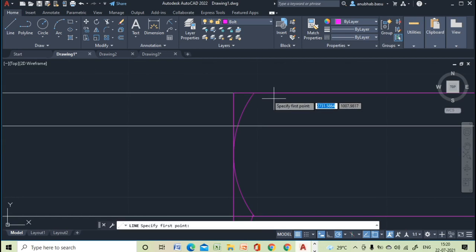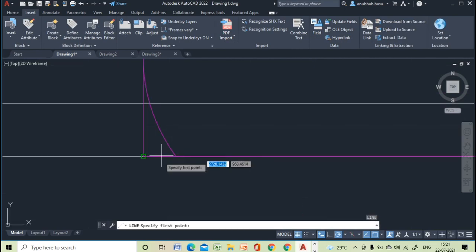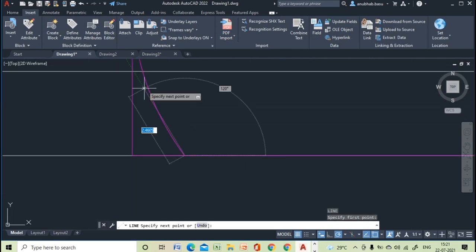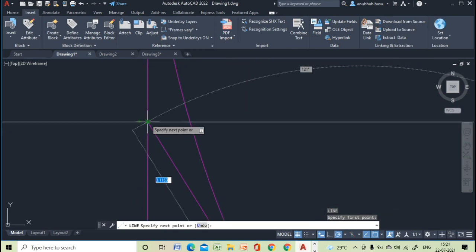To draw it, we will draw it from this point up to this point. Similarly, we will draw the chamfer over here also, from this point to this point.